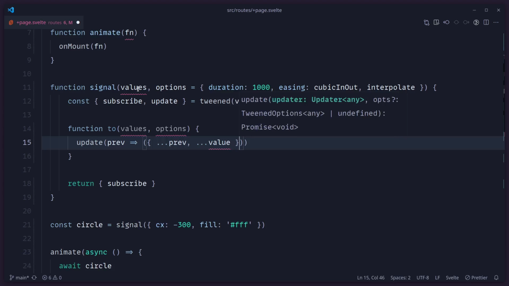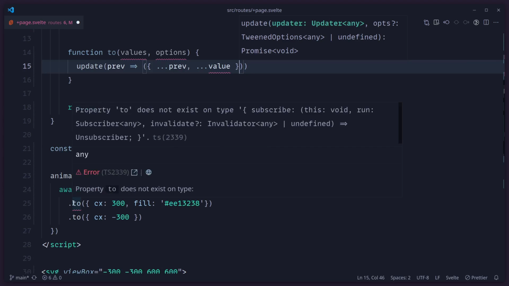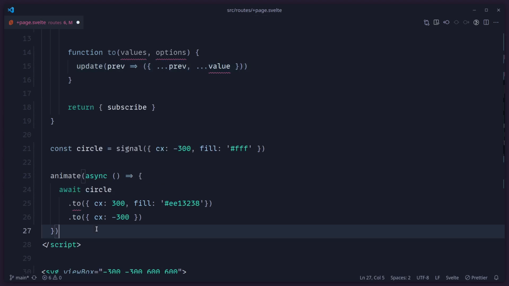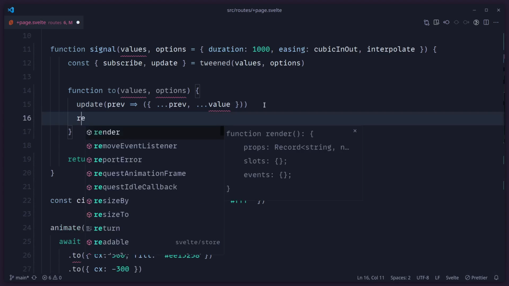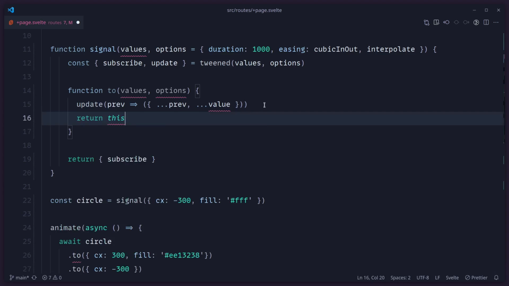Alright, so how do we reference this element itself? Because we can just use to once and then it won't do anything. Well, basically we need to return a reference to itself. And we can do that easily by saying return this. Same as when using classes, because in JavaScript, everything is an object. This keyword is going to reference the signal function. And also don't forget to return the to function at the end. But you're going to see this isn't going to work as you expect.